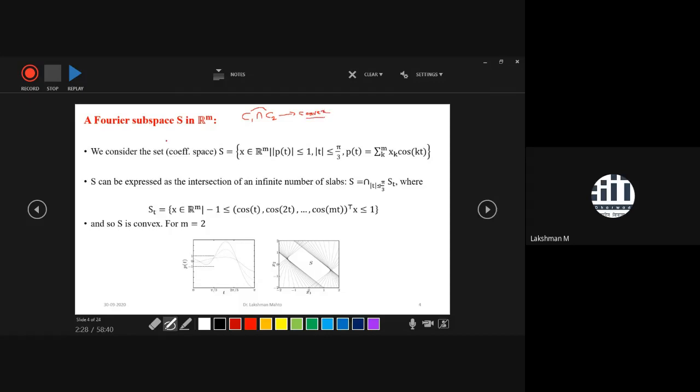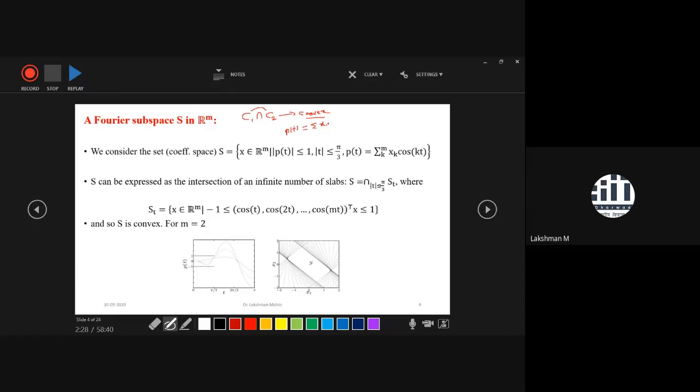So here I am taking one example. This example is very interesting from a signal processing point of view. If you have a periodic function, suppose p of t, I have taken it here with p notation. A periodic function you can always express in terms of sine and cosine, and there the Fourier coefficient plays a very important role. How much factor of sine or cosine is present in the periodic function p(t). That coefficient you need to know.